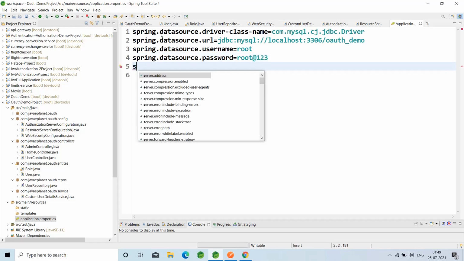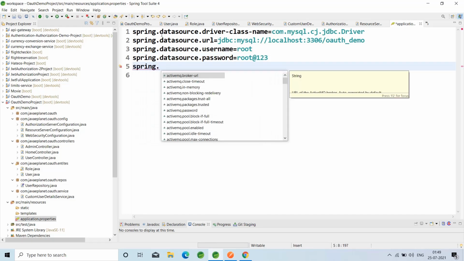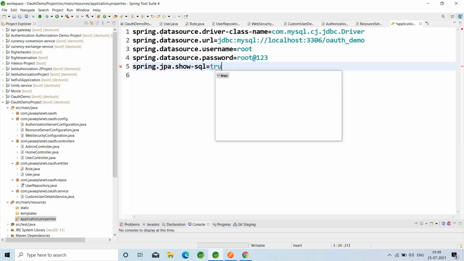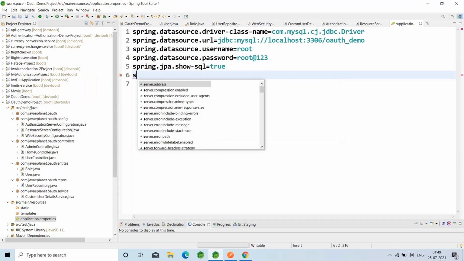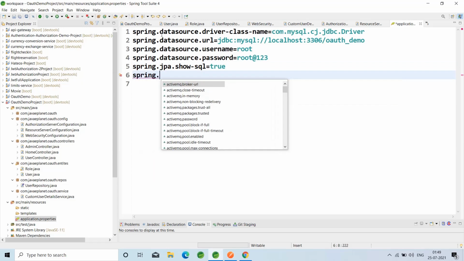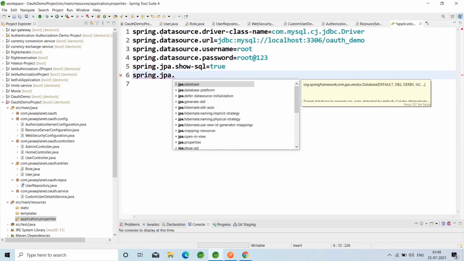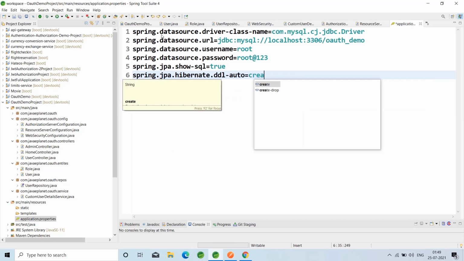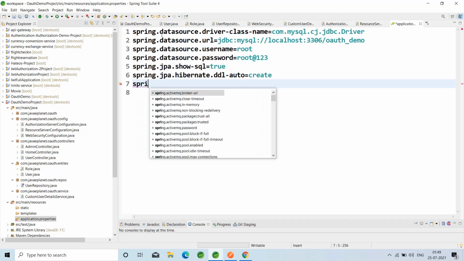Spring.jpa.show-sql should be true. Spring.jpa.hibernate, I'm setting this as initial create.